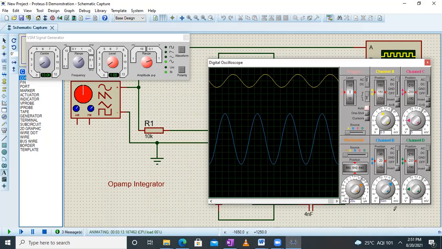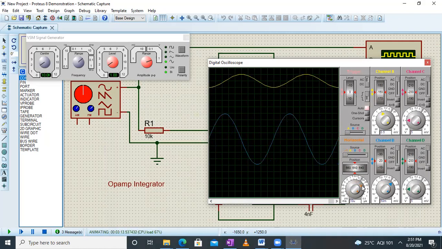Right now we have kept it at 50 millivolts. Let me adjust this times per division knob. Yeah. So let me calculate the peak to peak amplitude right now. 1, 2, 3, 4, 5, 6, 7, 7.8. So here the peak to peak amplitude is 7.8 into 50 millivolts.